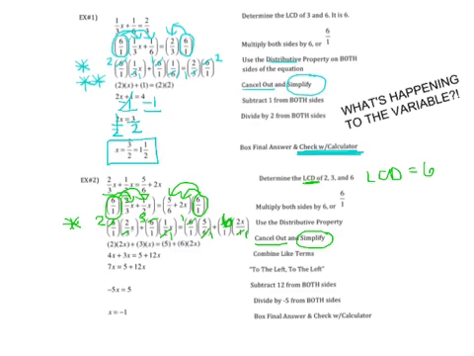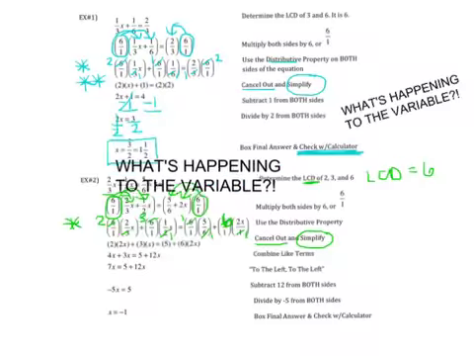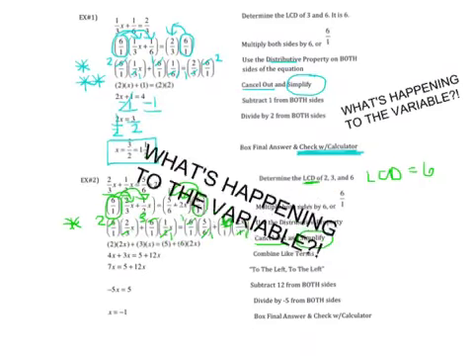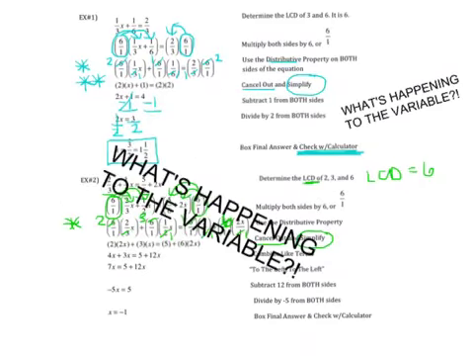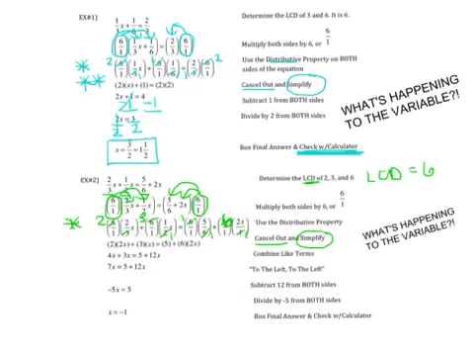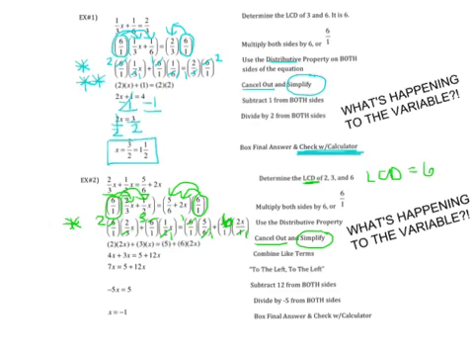Then it's that famous question time again. Yep. What's happening to the variable? I don't know. You tell me. It's unknown. But in this case, it actually is known. So we want to go ahead and combine our like terms before we start isolating for one positive variable. So with this case, we have our 4x plus 3x equals 5 plus 12x. Get your like terms together, and we have 7x, and then we need to subtract,